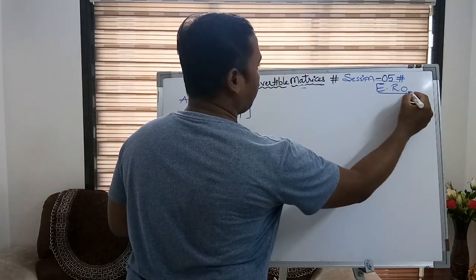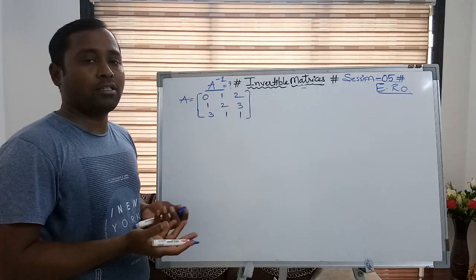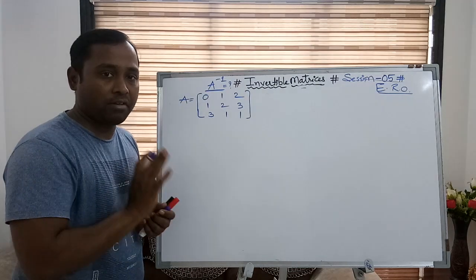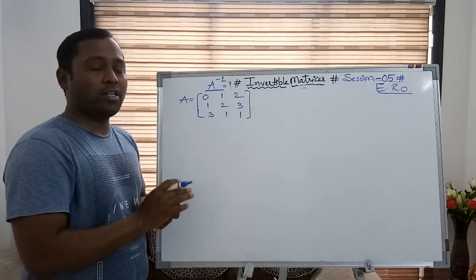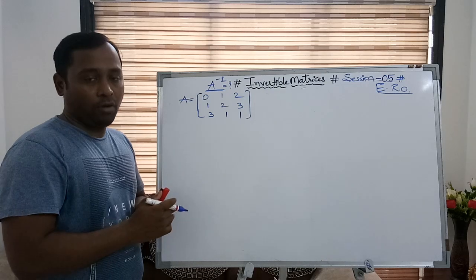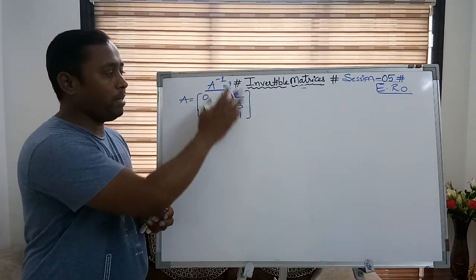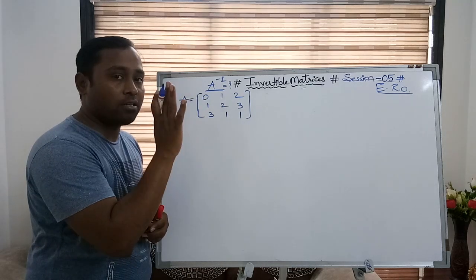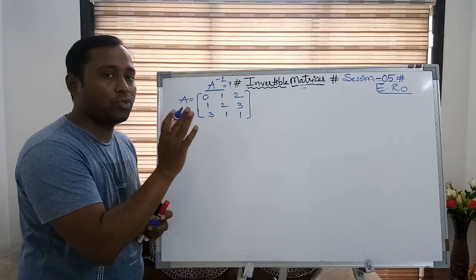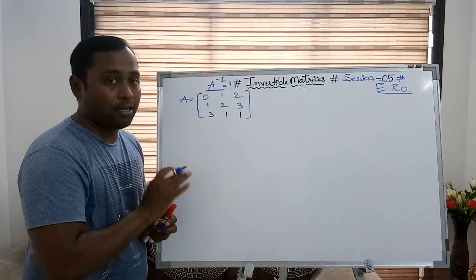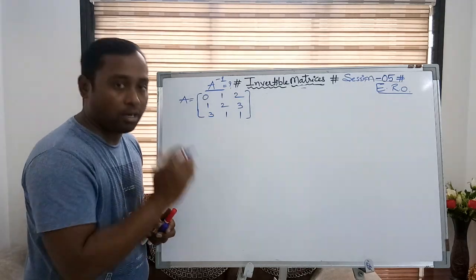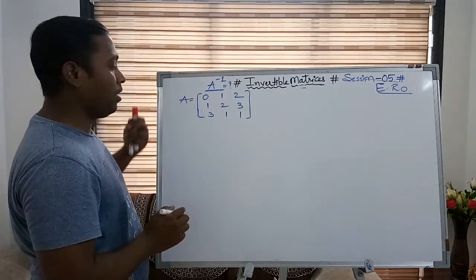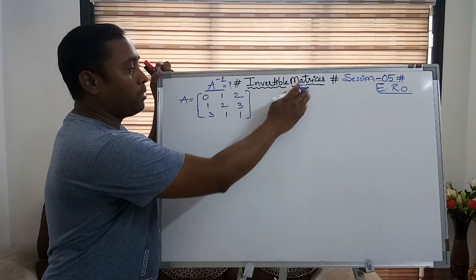So the method will be the same whether it is a 2 by 2, 3 by 3, 4 by 4, 5 by 5, or n by n. The only difference is the length of the process. As the number of elements is 9, we are going to get its inverse in 9 steps. It means 9 operations will be applied at max. It cannot be more than that, but it can be less, depending on the elements given in the matrix.